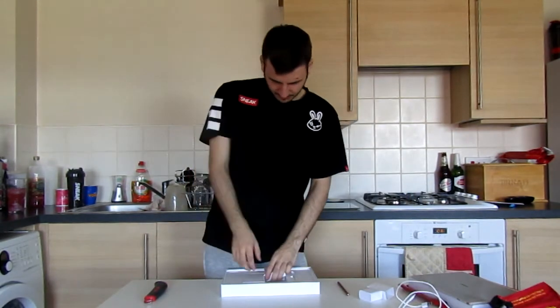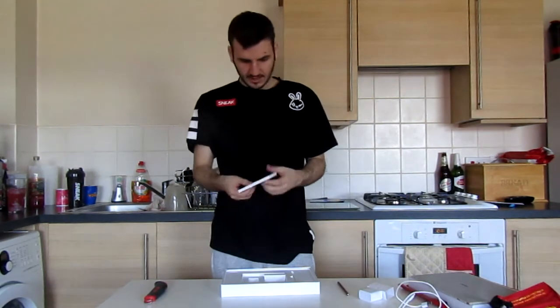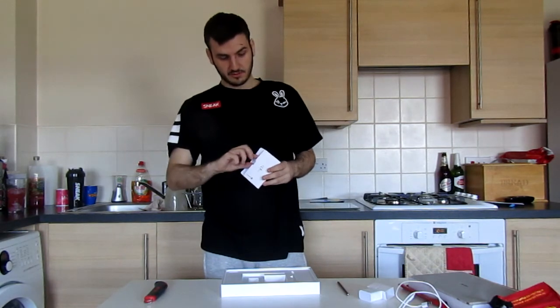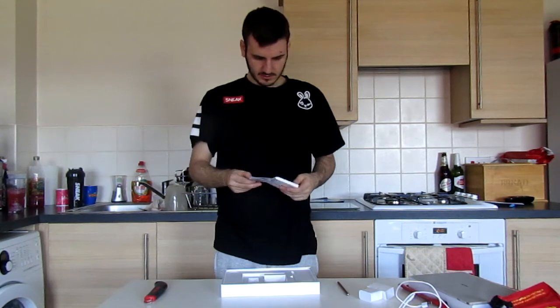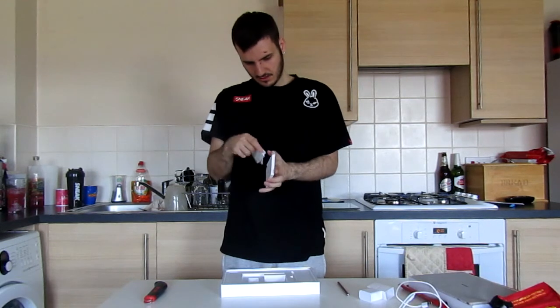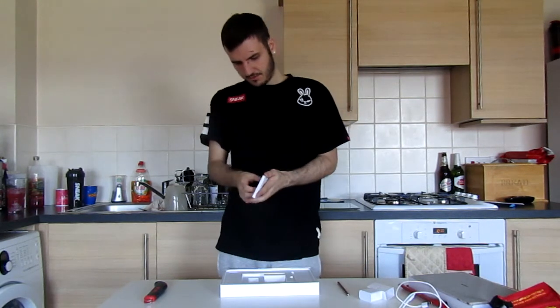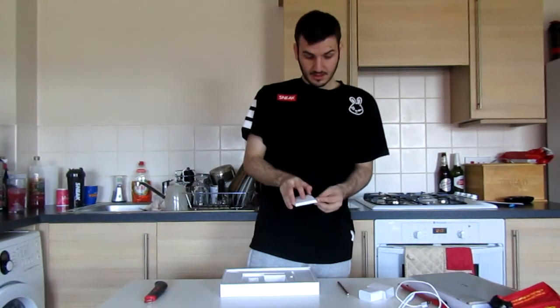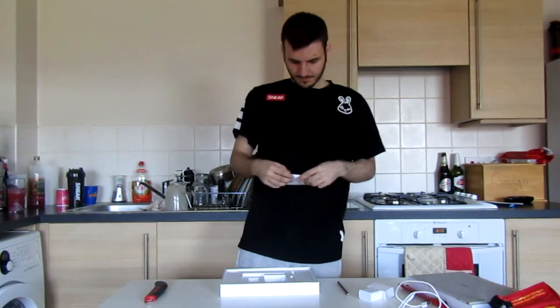And what else do we get? We get, obviously, a pin, obviously put some code in it if you want to use 5G. And some quick start guides. We're not really going to look too much into them, to be honest. So far the presentation is very nice. I don't know whose presentation is better,